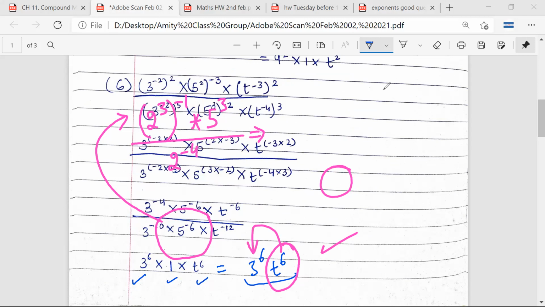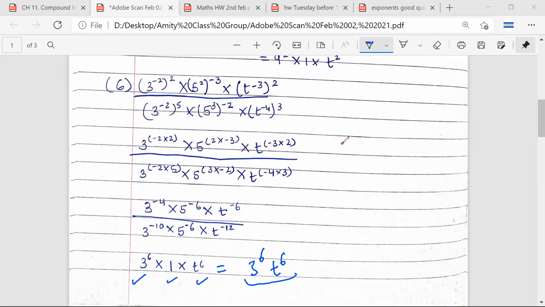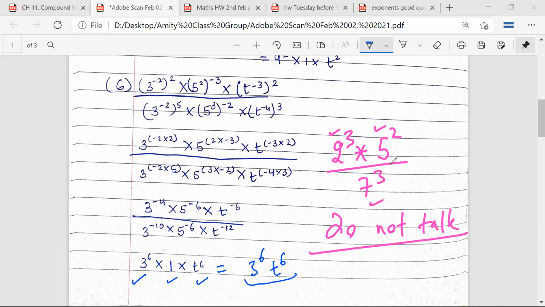No, sir. So what I'm trying to tell you is, for example, if you have an answer like this, t raised to cube or 5 square or 7 raised to 3, now 2, 5 and 7, they don't talk to each other. Do not talk to each other. वो बात नहीं करते, तुम नहीं करते, क्या करोगे? Any doubt? So then you just keep it like that only. You can keep it like this. Okay. I have no issues.